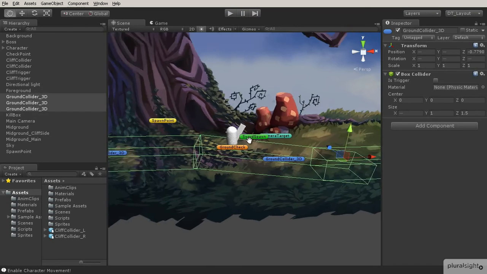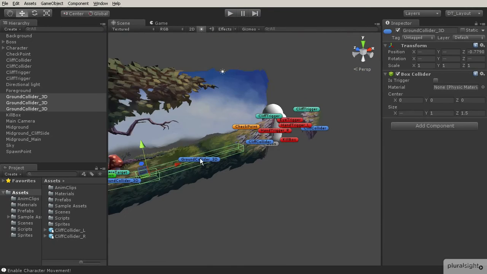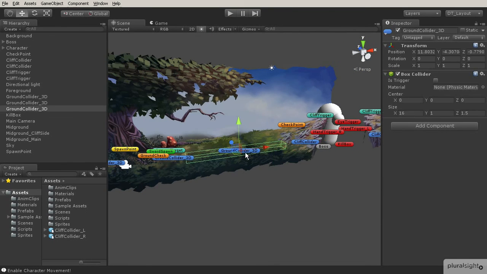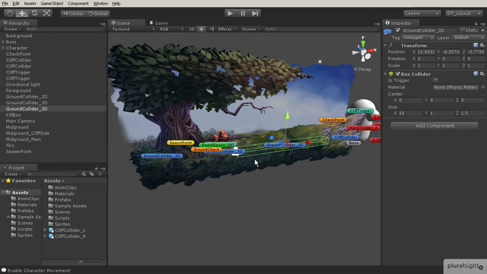So now what we need to do is make sure that we have the other one set. Everything's good. Okay, now what we need to do is bring in the player. So we're going to bring in that player game object. We're going to set him up to the character game object, and we're going to start to